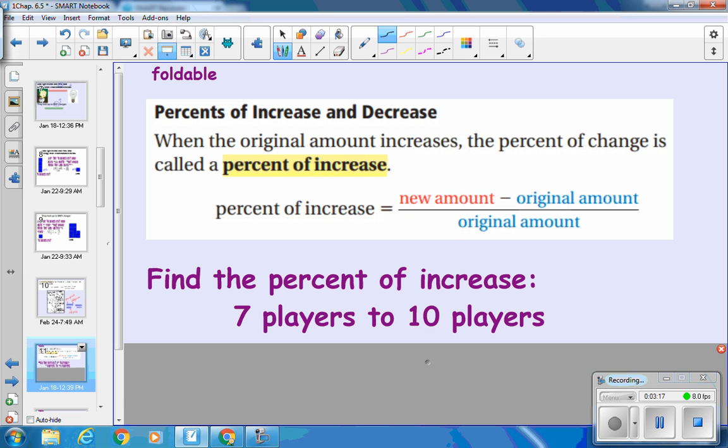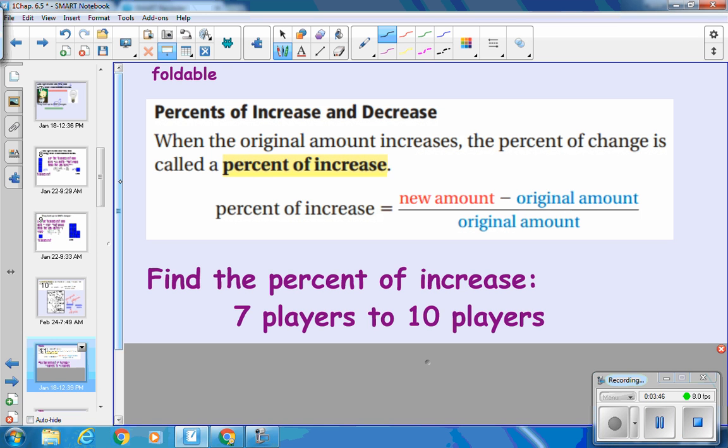Okay, so let's look in our foldable. We glue it into our notebook, and let's look first at the increase. So basically it's the same formula, it's just the order that you subtract in, so you get a positive number. So if we're getting an increase, we're going to take the new amount minus the original amount, and always divide by the original. So look on your foldable, and the example is that a team changed from 7 players to